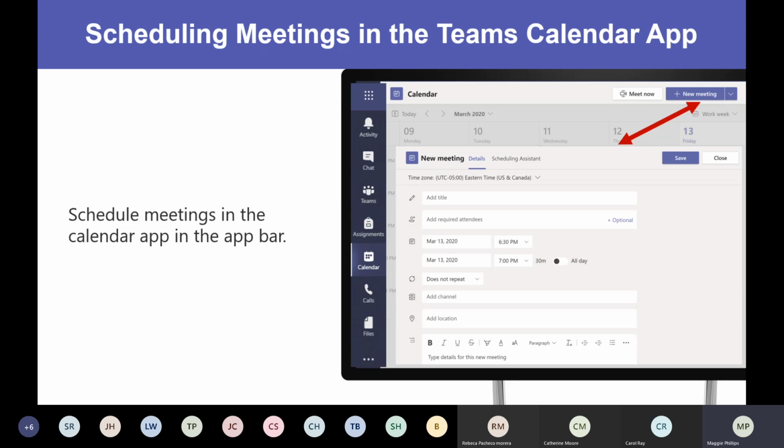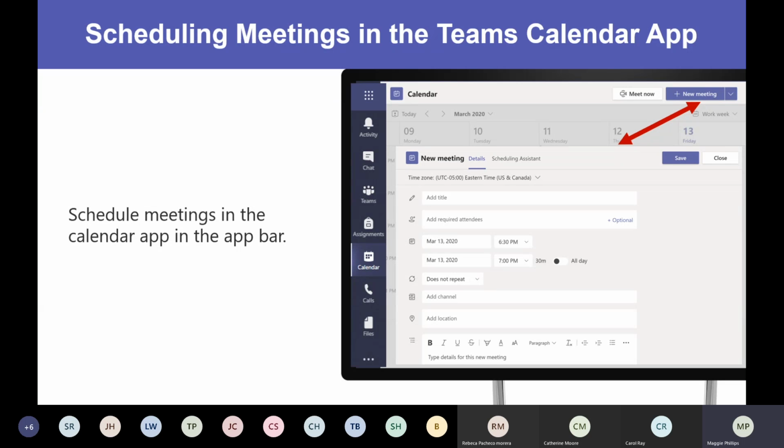meeting information. When you see that box, you can add meeting details like a title of the meeting, attendees, who you want to attend, the date and time, which is super important. You can place the meeting in a channel, and there are other features that you can enable here. To save the meeting, once you get all that information entered, there is a save button in that top right corner, which you can click on and have that meeting added to the calendar as well as shared with participants,